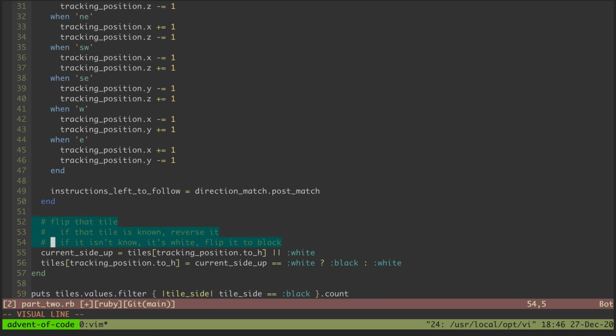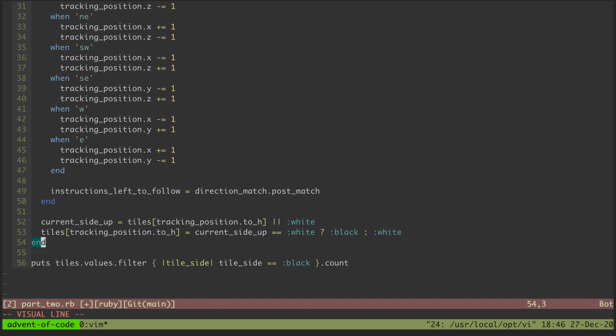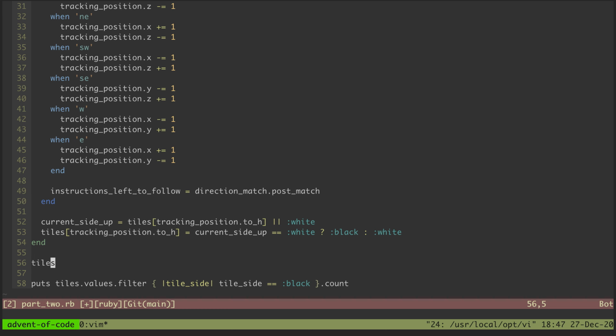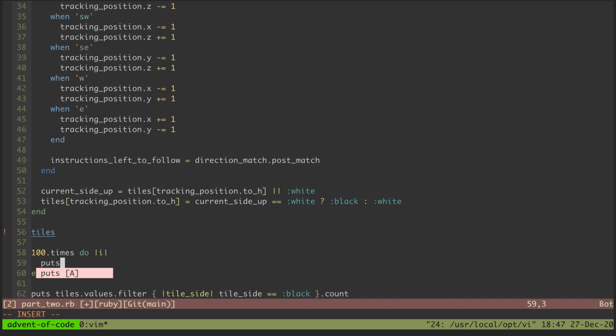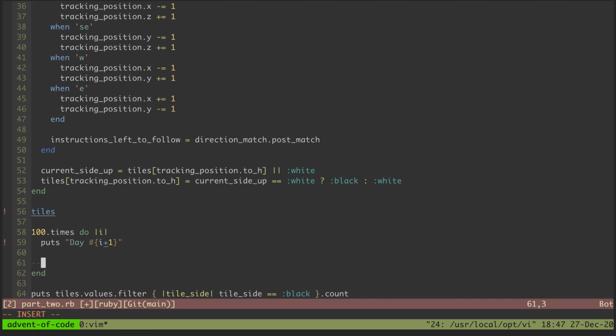So deleting some of that. We come out on the other end here and we've got tiles, and that's our starting set of tiles. This is the hash that we're going to be working with as we process each day. So we'll do 100 days times, and put out day i+1 just to see the progress as we go. And we will need to